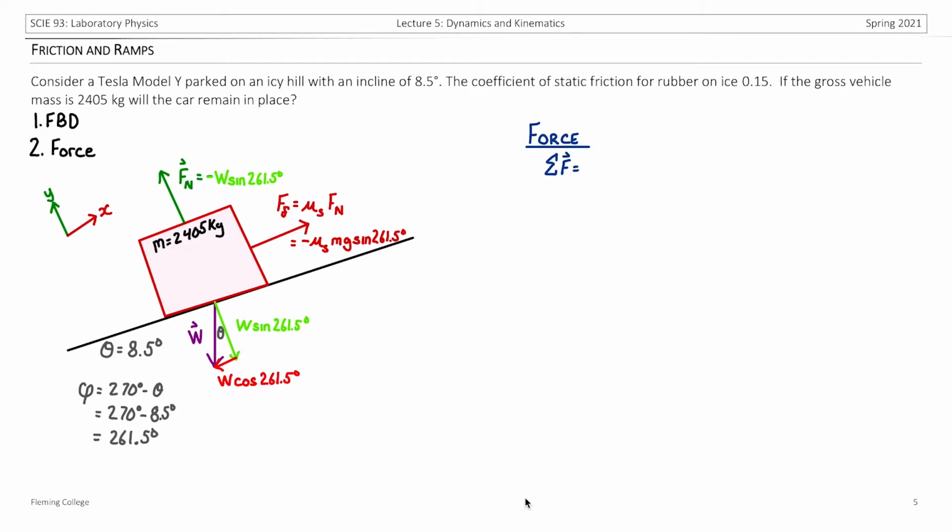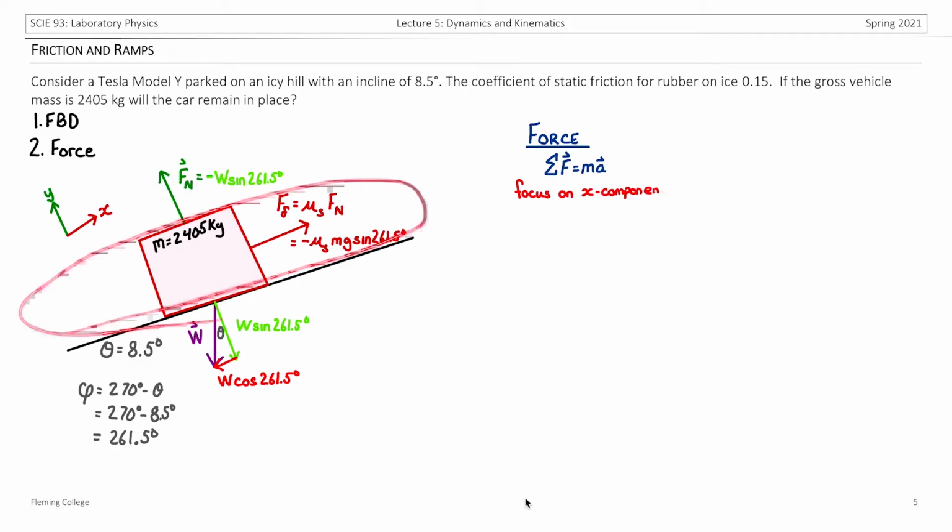Again, we start with the sum of all forces, which is a vector equation, which means we should consider our y components and x components separately. But remember, we don't expect the car to leave the hill, so we know that our force normal is equal and opposite to our force of weight into the ramp. So we know that this portion, the y direction, is in equilibrium,